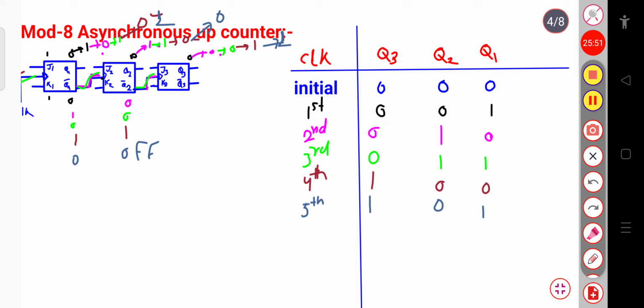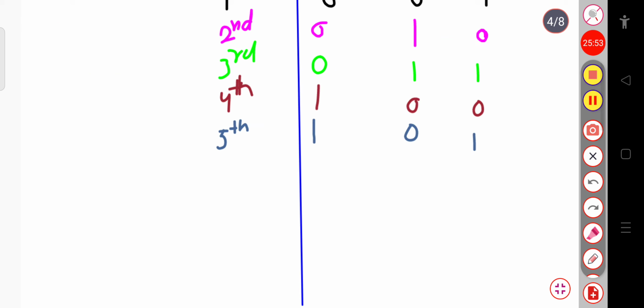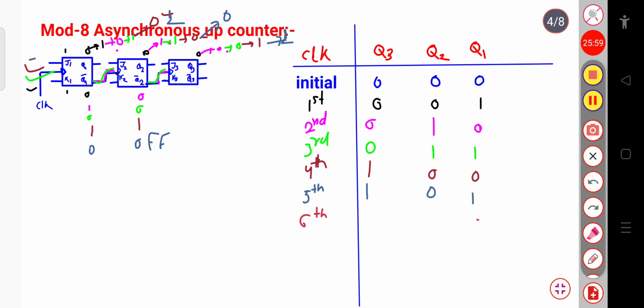Now for the sixth clock pulse, Q1 will get toggled, so its value will be 0, and 0 complement is 1. Now you can calculate the rest by yourself. If Q1 is 0, then its complement will be 1. 1 will be given to the second flip-flop. Since 1 is given to the second flip-flop, it is in the toggle condition, so the 0 value goes to 1 because of the toggling. Now since Q2 is 1, its bar will be 0. It means that the third flip-flop is in the off condition.